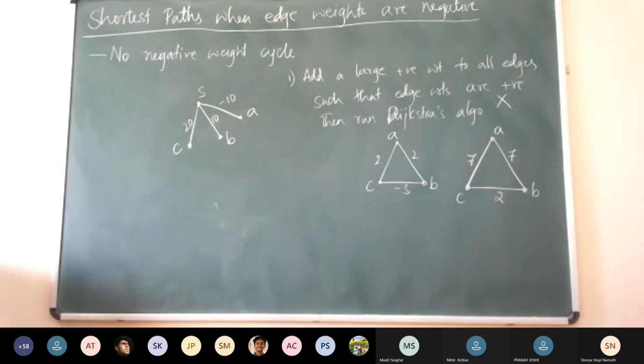Okay, can we do anything? So we can assign levels to the vertices so that we can prevent the cycles. What Mudit said is we move from S to A then again to S. That is forming a cycle. So to avoid cycles, we can check for levels. If it is going from a higher level to again a lower level, then we are just moving in a cycle only. We can do that to prevent it.